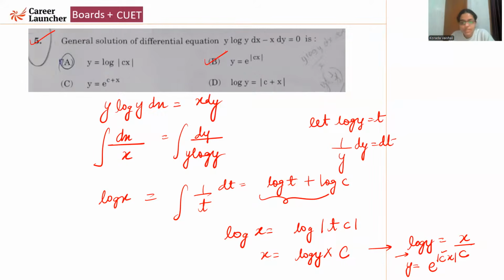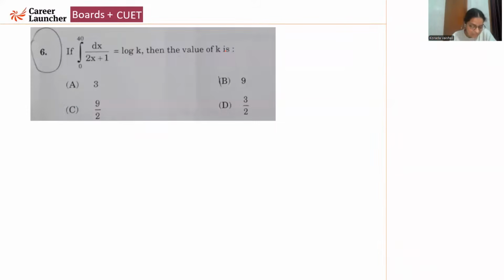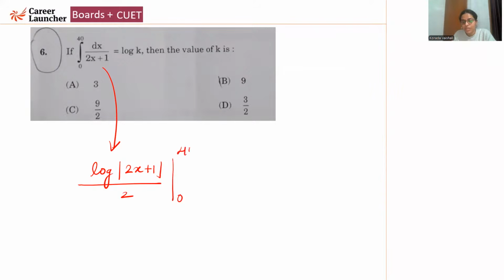So now let us move on to the next one. Question number 6 basically has a definite integral in which I have to find the value of k. So the integral is going to be log of 2x plus 1, and because we have a coefficient of x, we put the 2 below, and this is going to be from 0 to 40, right? Now if you solve this, you will get log of 81 divided by 2 minus log of 1 divided by 2. If you simplify this expression, what you are going to get is